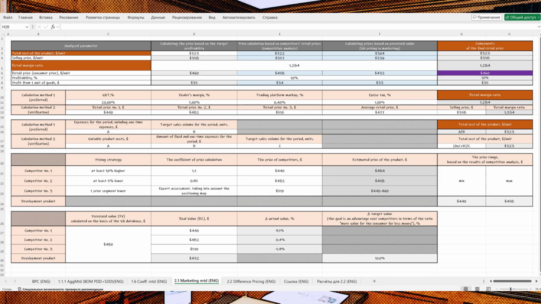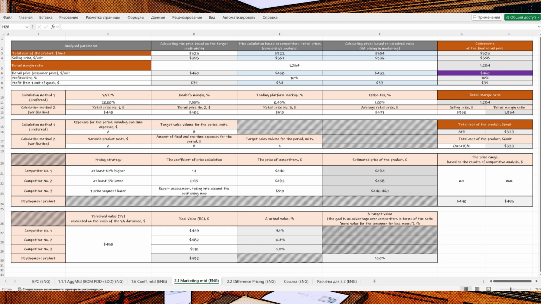Part 2.1.3, calculation example and comment. In the upper part of the standard form, we see a summary table consisting of a list of analyzed parameters, column analyzed parameter, and 3 columns with price calculation options: price calculation based on target profitability, price calculation based on competitors' retail prices or competitive analysis, and price calculation based on perceived value or value analysis pricing and marketing. The rightmost column, components of the final retail price, contains the desired parameters, in particular selling price, highlighted in purple. In the case of